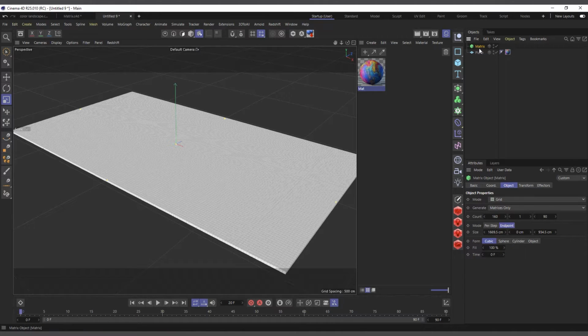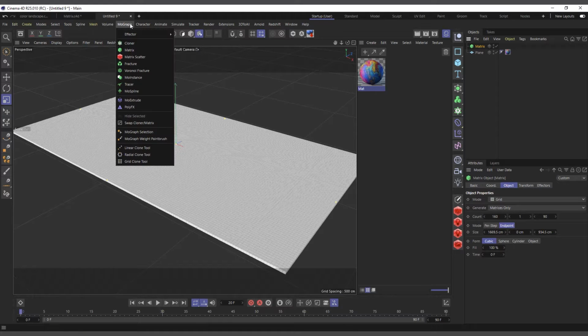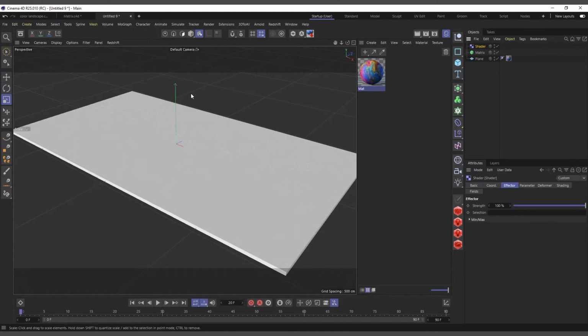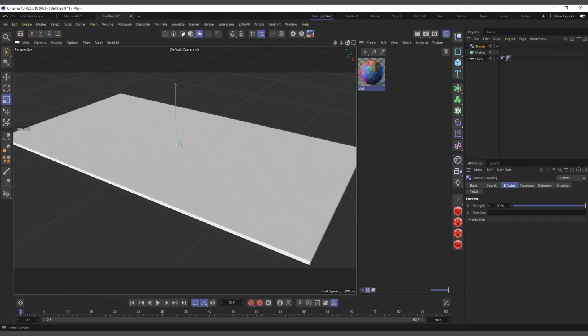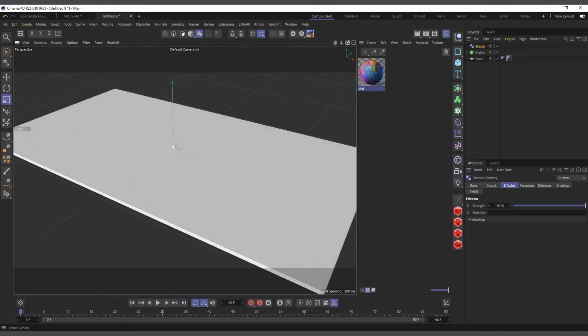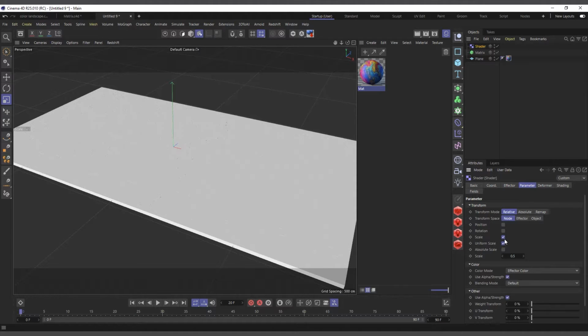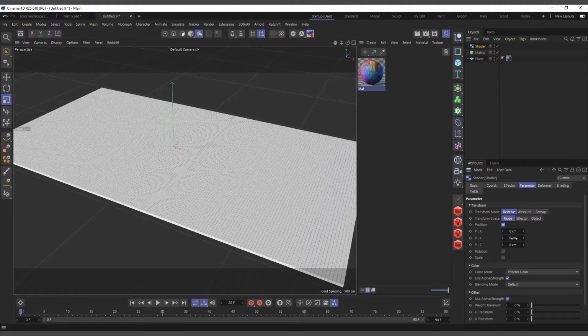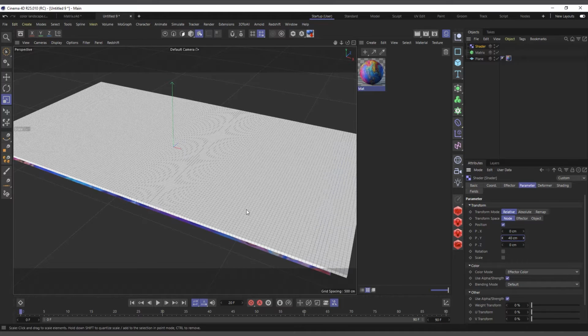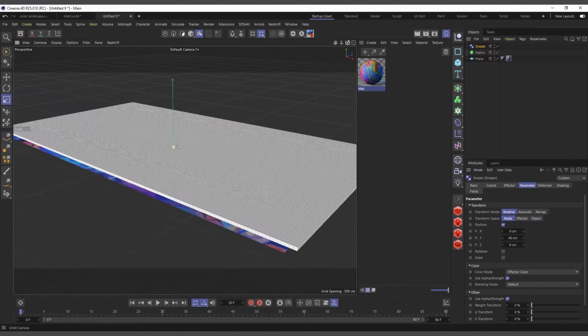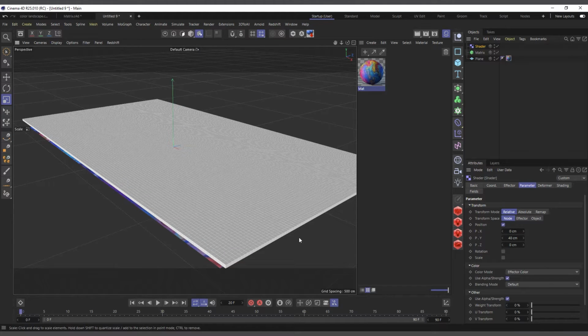All right, the next thing is I'm going to create my MoGraph effector, and I'll add my shader effector. I have a tutorial on YouTube explaining how the shader effector works, and you can watch it if you've not watched that video yet. In the shader effector, you can see it's affecting the scale of our matrices. I'll come to the parameters and uncheck scale. What I want to use is position, so I'll set the position to something like 40 centimeters, and you see it's moving everything upwards.